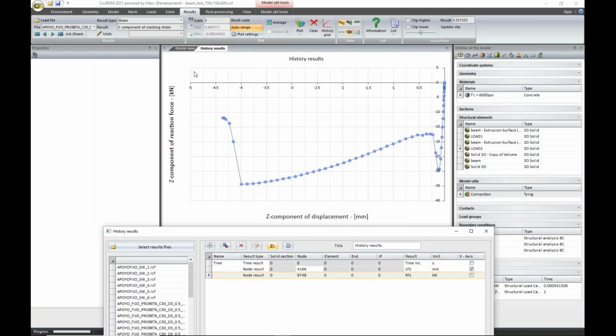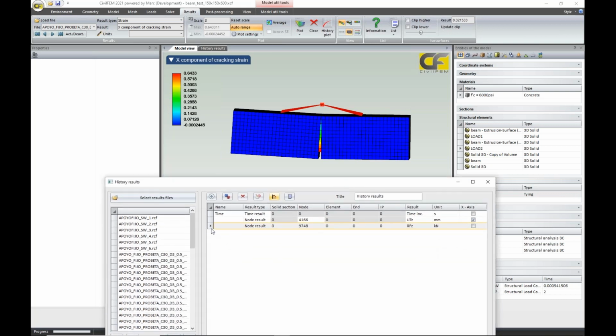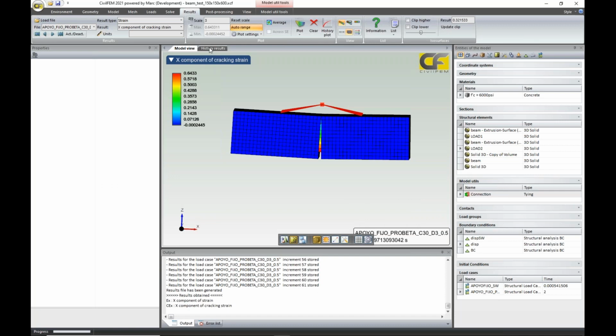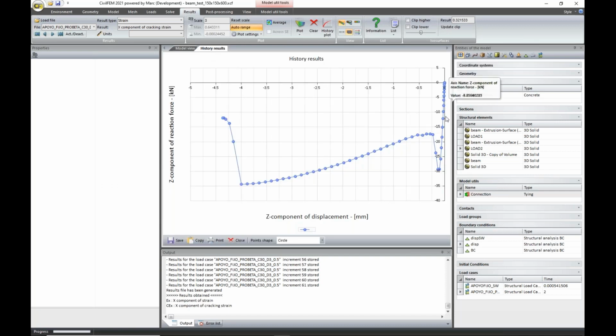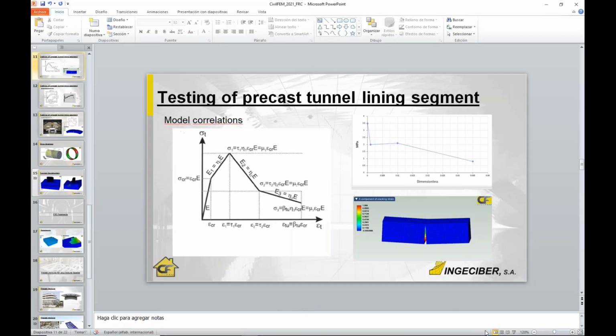Here you can see, as I applied in this node a vertical displacement, what I'm plotting is reaction force versus displacement of one of these nodes. So reaction force is negative, so I obtain this type of curve. But if I convert in force versus displacement, I have here my slide,